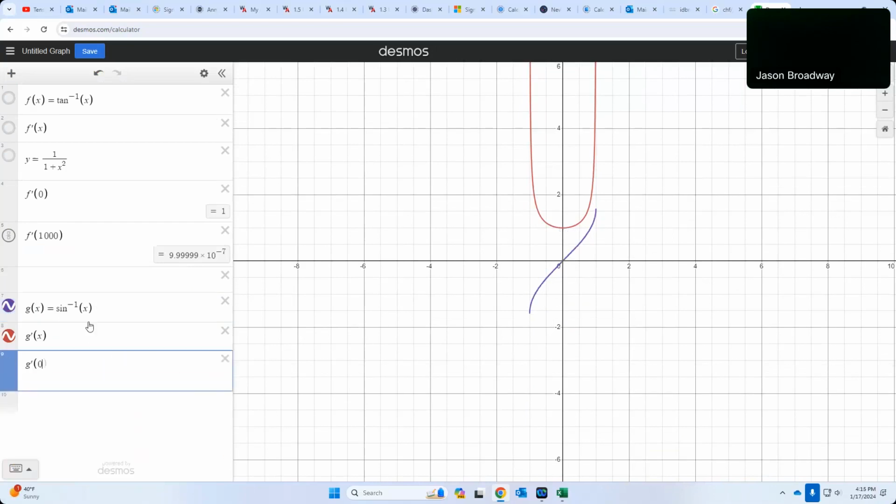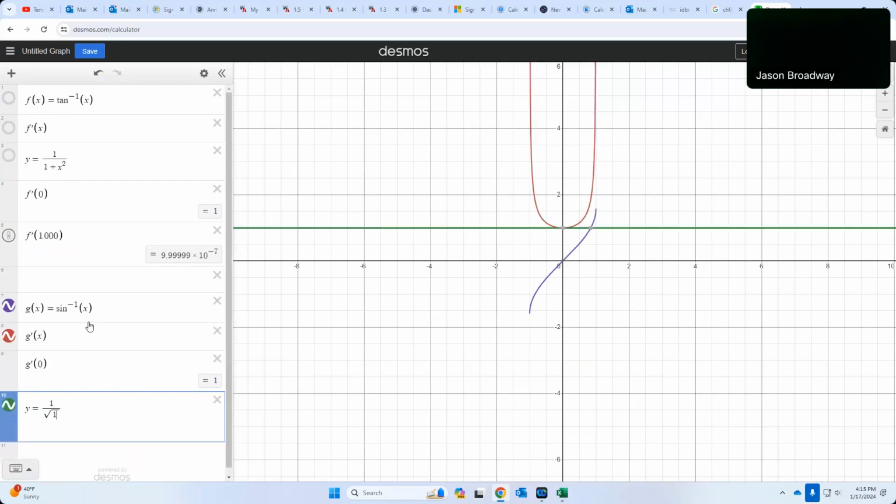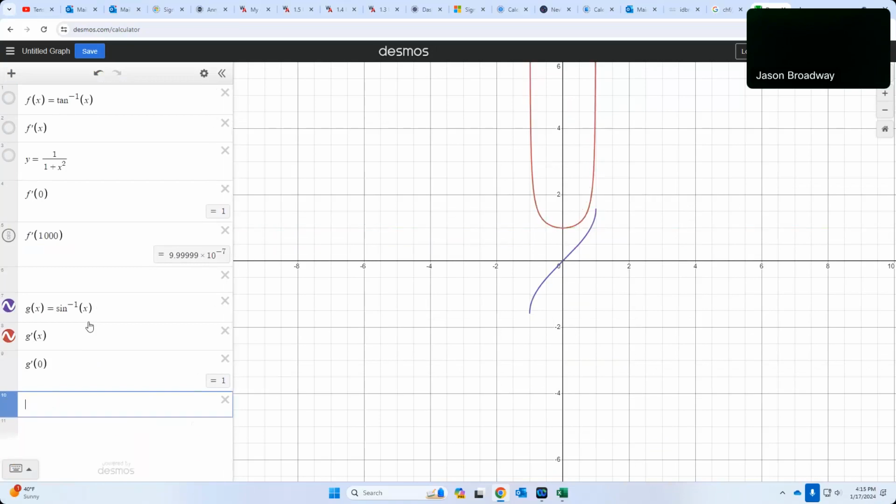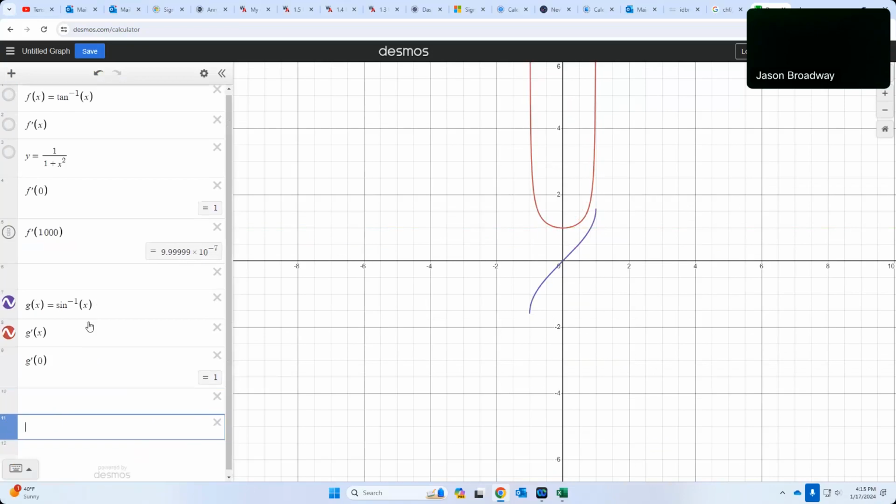Indeed, that would be true. I've not really told you what g prime is. It's 1 over radical 1 minus x squared. Again, I've not justified that at all. More on that later. Now, finally, let's do h of